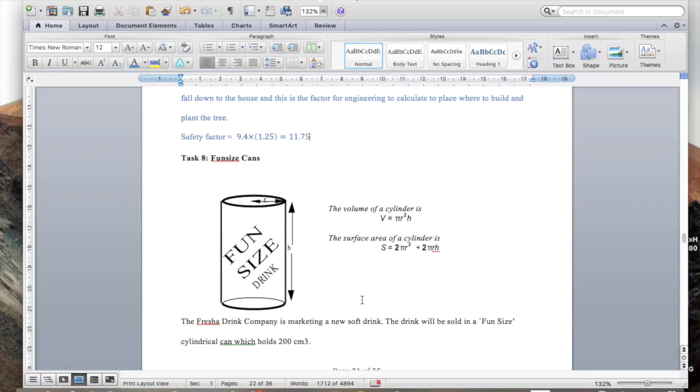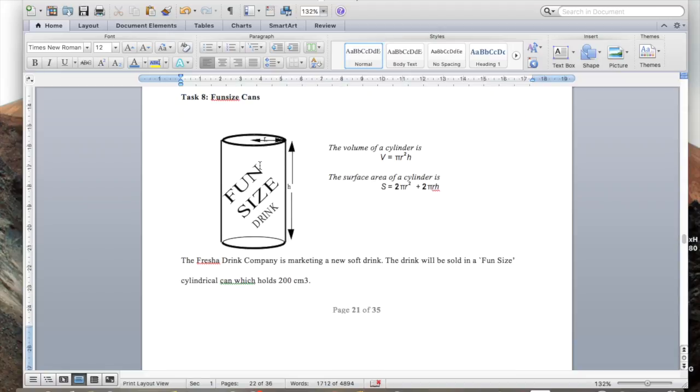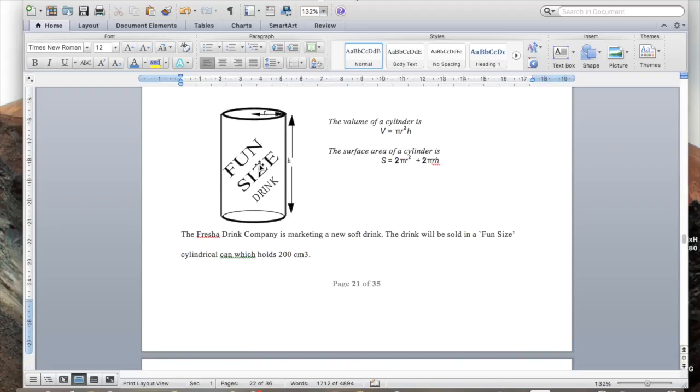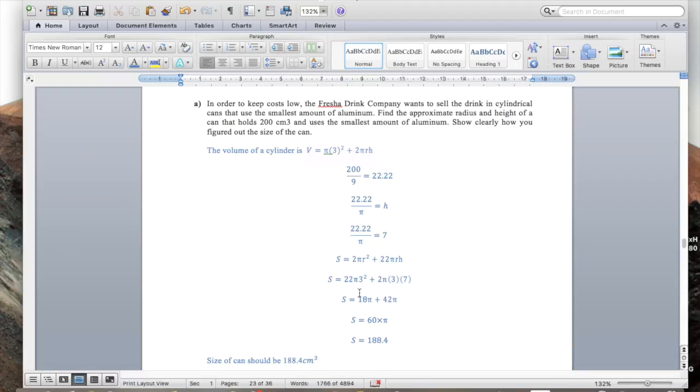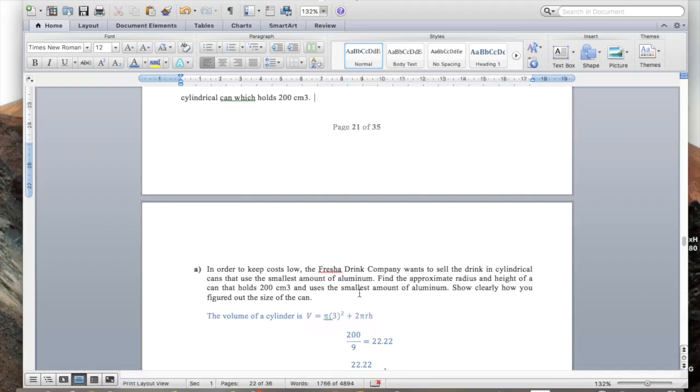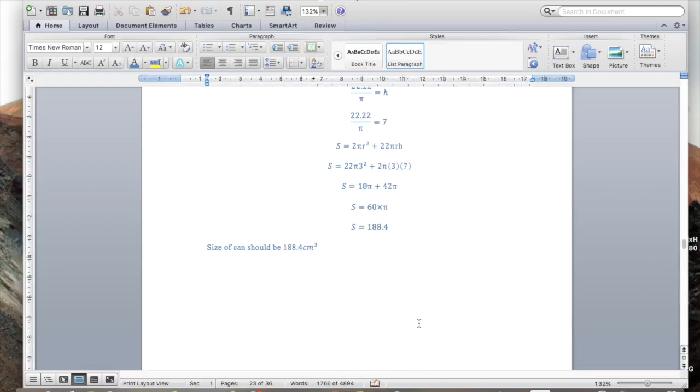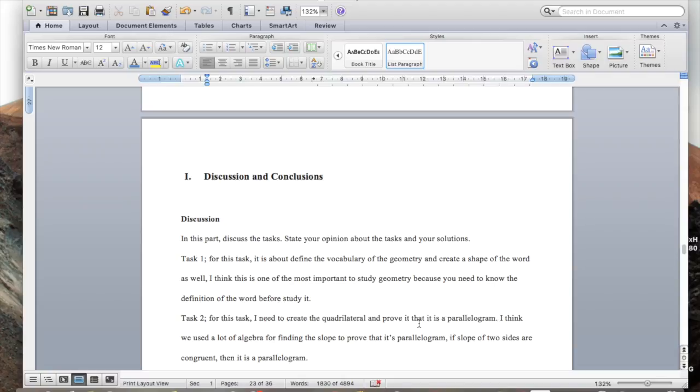And for task 8, it's about the cylinder can. So we need to predict it and solve it by using the volume of a cylinder. It's this one. And for the discussion, I said